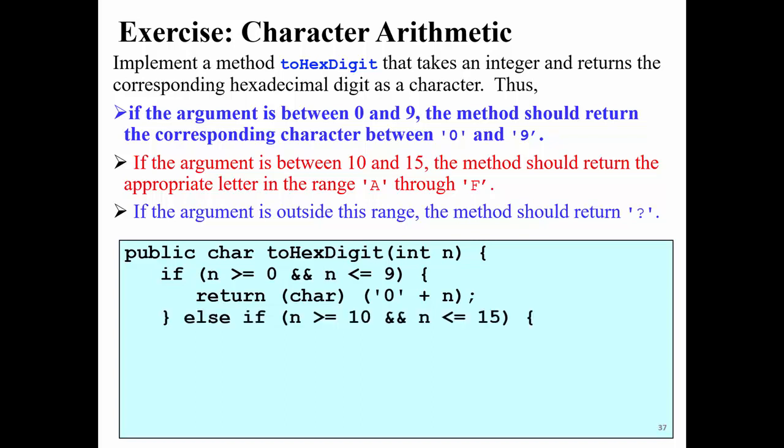Else, if I receive a number greater than or equal to 10 and less than or equal to 15, I will retain a character A, B, C, D, E, F. So again, the ASCII code of capital letters is continuous. So I will take the ASCII code of capital A and I will add n to it. Yes? Wait, so in the return character line, you can add the character to an integer? As I told you, a character is understood by Java as an integer. So I can do that character arithmetic. I can add an integer and Java will do the promotion techniques, if you go back 3 lectures. Any other questions? Okay, so once I receive this, I will retain the ASCII code of capital A plus n minus 10, because I need to add 0 up to 5. Else, I will retain the ASCII code of